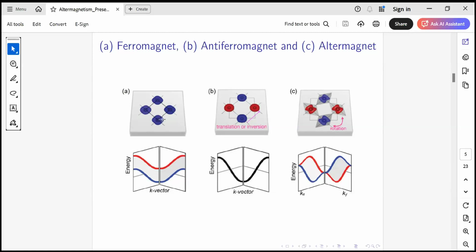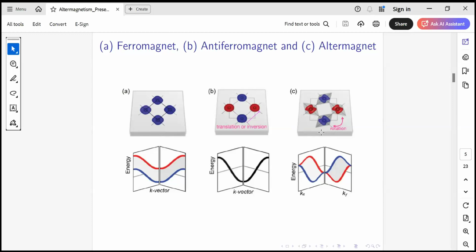The distribution of the spin density around the magnetic atom looks symmetric. In antiferromagnets, the spin density is completely spherical, and you will not find any splitting. There is a band degeneracy around the gamma point.